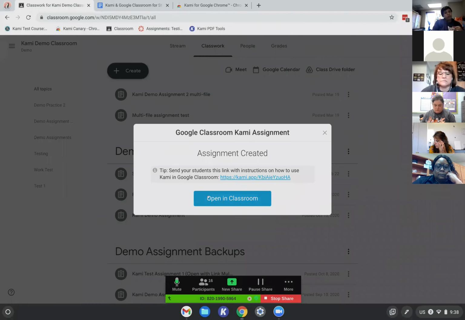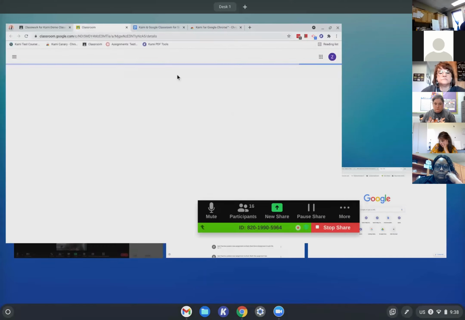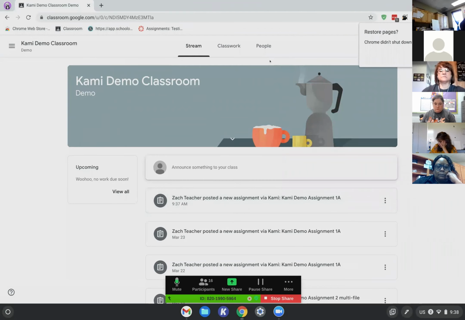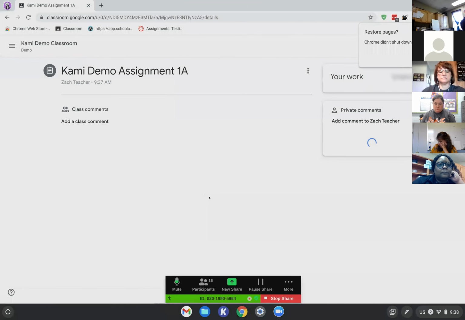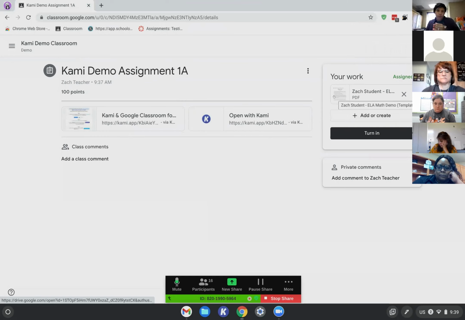So now that that's set up, I'll hit Open in Classroom here so I get the assignment page ready for later. I'll switch over to the student side here. So we can see our stream's been updated with the new demo assignment. We can click on that to open it up, and the student will then see the one-page Google Doc, the Open with Kami link if we've pushed that out, and their file is automatically added to the Your Work section